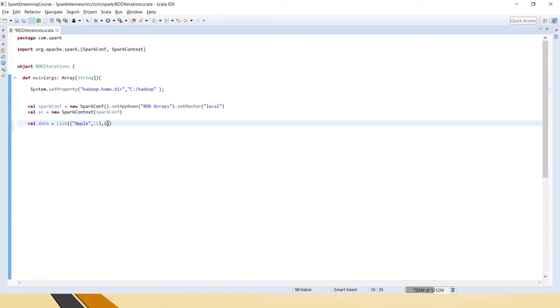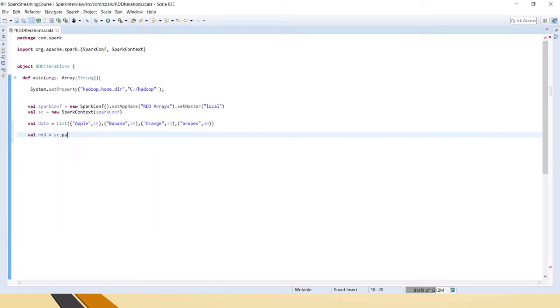Let's say the first one is the product and the second one is the sales. So let's say this is the list you have, and let's create an RDD out of this list.